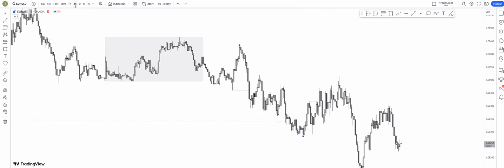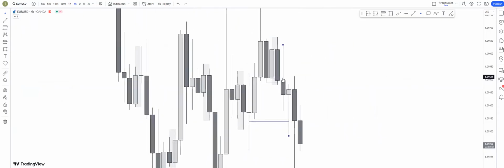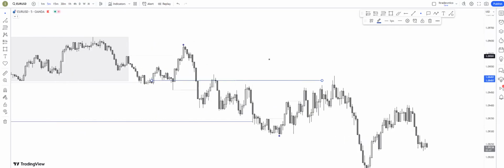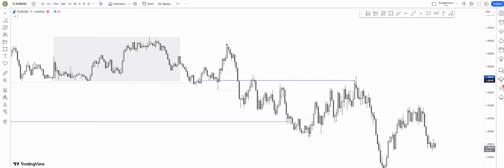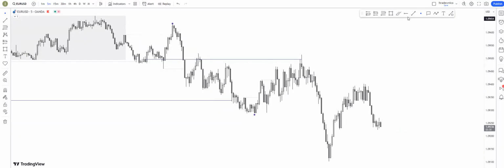You're gonna go to the 4-hour time frame and find your high time frame key level. So we go to the 4-hour, and what can we see? A wick, an unmitigated wick, and that's gonna be our key level, right? And now look how price came into it. You have also liquidity just below it, and price came here exactly during the kill zone. And then look at the reaction.